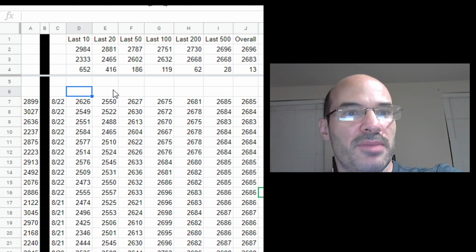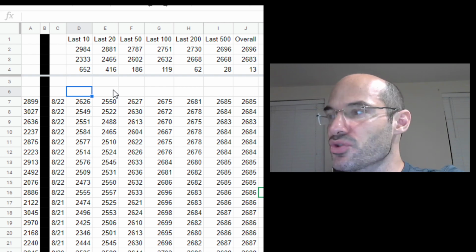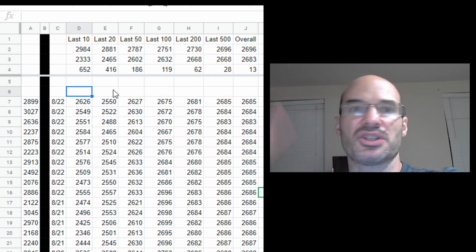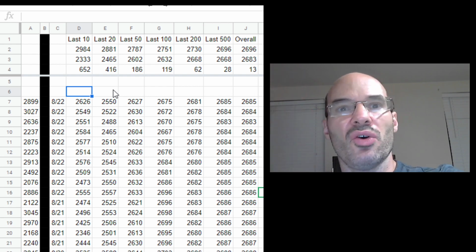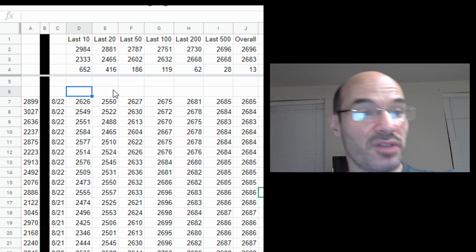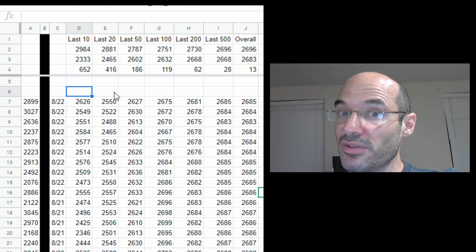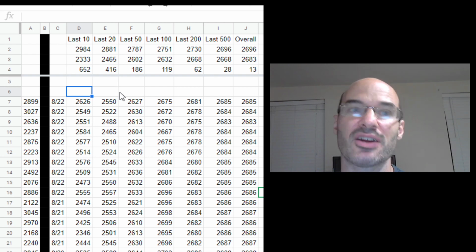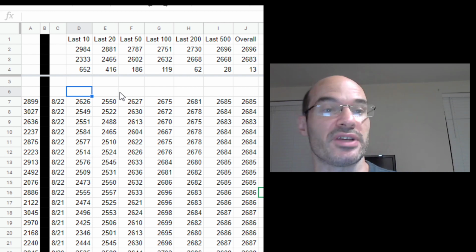So what you see is, as you track a larger sample size of games, the number and your strength remains a lot more consistent. And those short-term fluctuations of winning a bunch of games and losing a bunch of games are no longer super relevant. They'll affect your last 10, they'll affect your last 20, they'll affect even your last 50, but your last 200 is not going to move too much if you just have a bad streak.